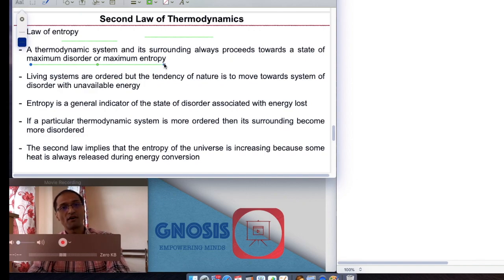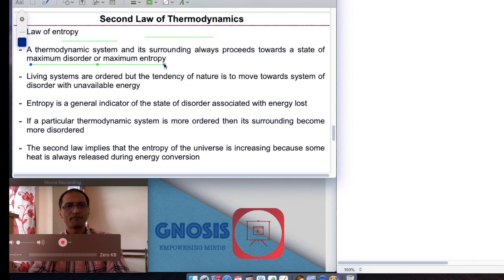But because of the application of the second law of thermodynamics, these ordered systems will always have a tendency to move towards disorder, up to the point where that thermodynamic system will have no more available energy